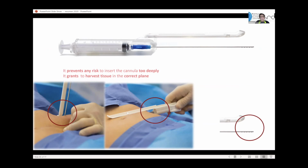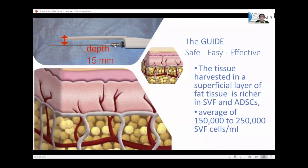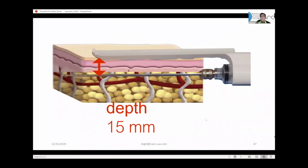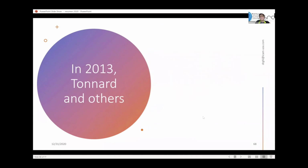50 millimeters below the skin, here you have the system, and we also use a syringe to block every 3 centimeters. I harvest the fat from the superficial layer of the fat, where there is the greatest amount, richer in stromal vascular fraction and adipose-derived stem cells from the fat tissue. So as you can see here, this allows me to use a large amount of stem cells or nanofat. In 2013, Tonnard was the first to talk about the